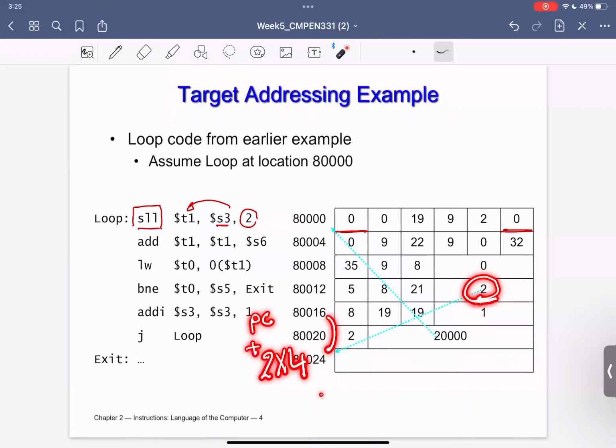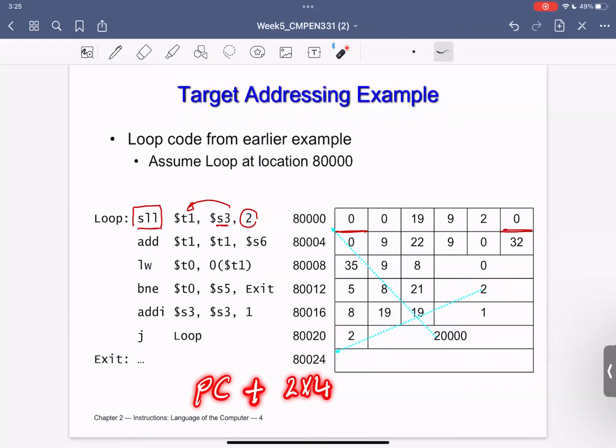Because 2 words, meaning that I will go 1 word, so this is 1 word, and then another word. So it's basically program counter plus 2 multiplied by 4. When you do that, this is 80,016, and 80,016 plus 8, you will get 80,024.